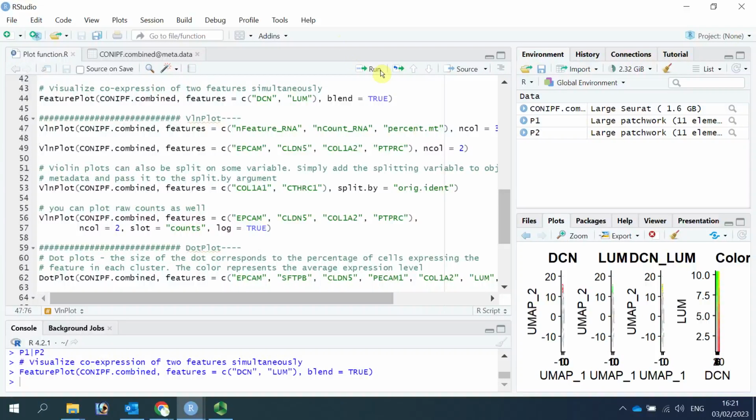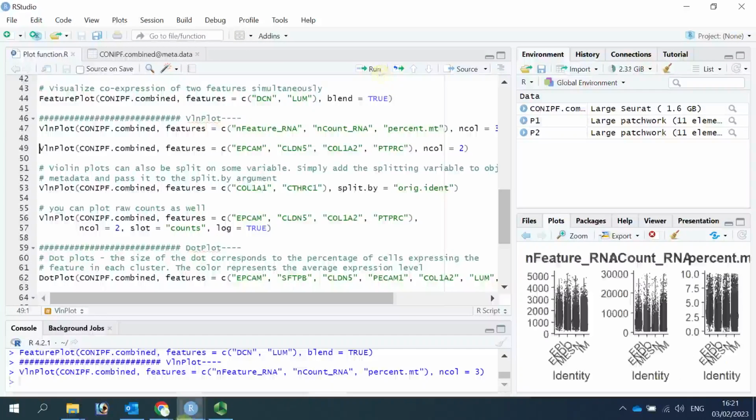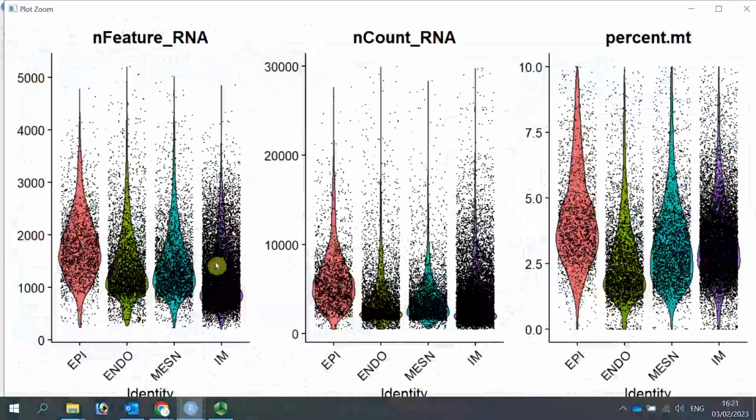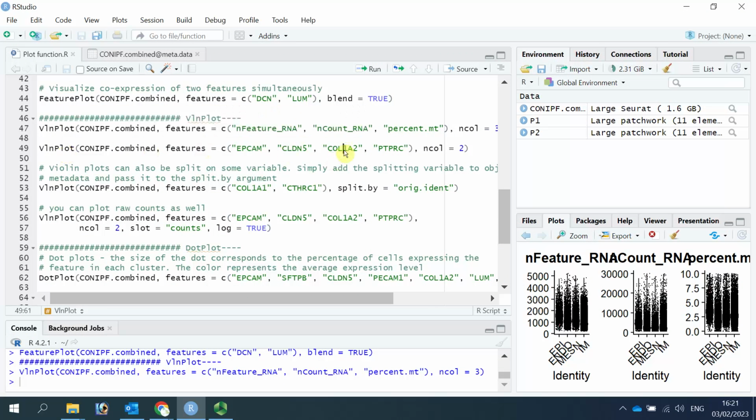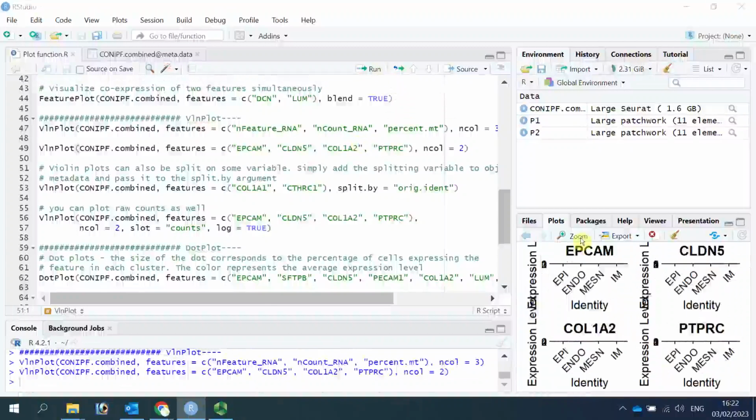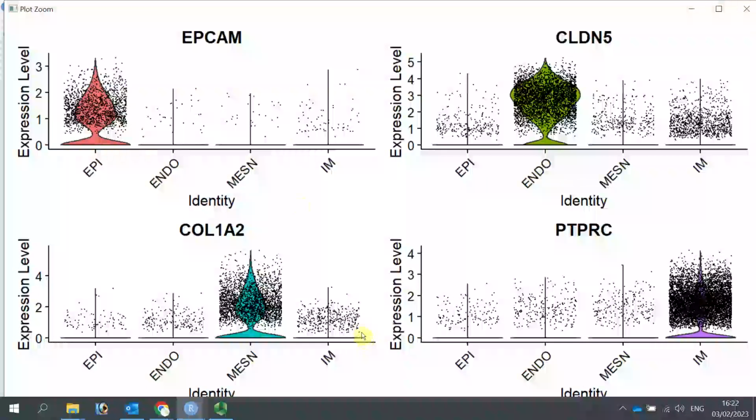So if we run the violin plot now, we can see the N features, N count, and the percentage of mitochondria DNA in each cell cluster. Also, we can use the violin plot function to see the gene expression levels. Once again, we are using the 4 marker genes. Let's zoom in. So you can see the violin plot for